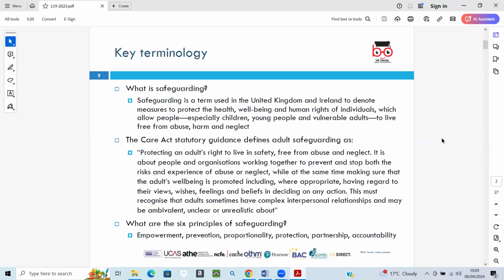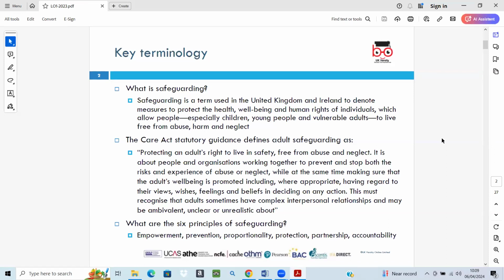As we are in the UK, we have the CARE Act 2014. The CARE Act is designed to protect vulnerable adults from abuse and neglect. These principles are widely adopted in health and social care settings to ensure a consistent and effective approach to safeguarding. When we talk about the six principles of safeguarding, first we have